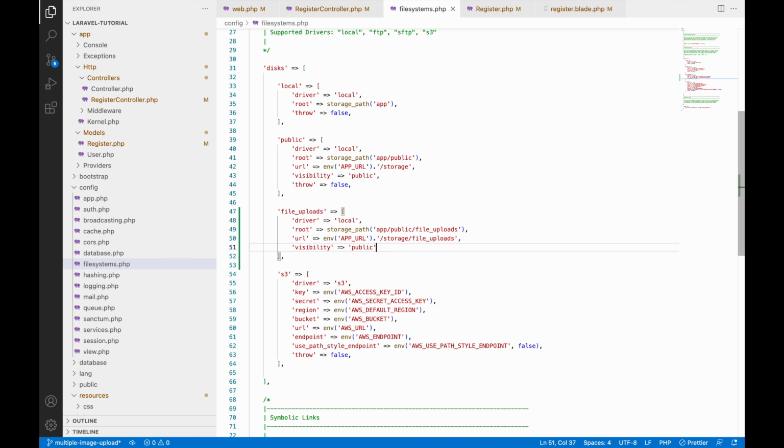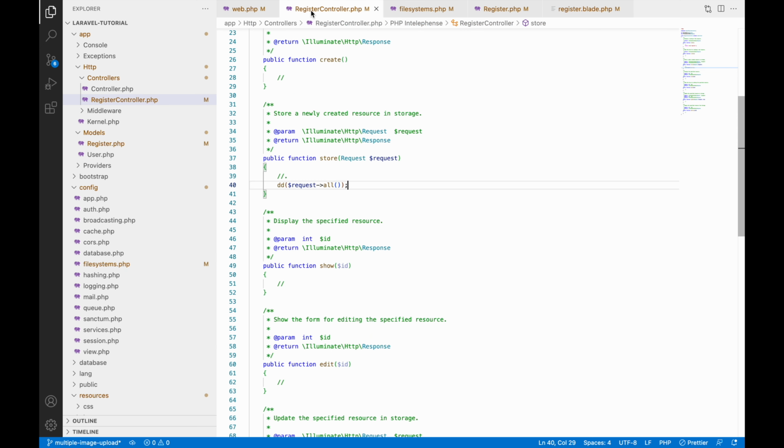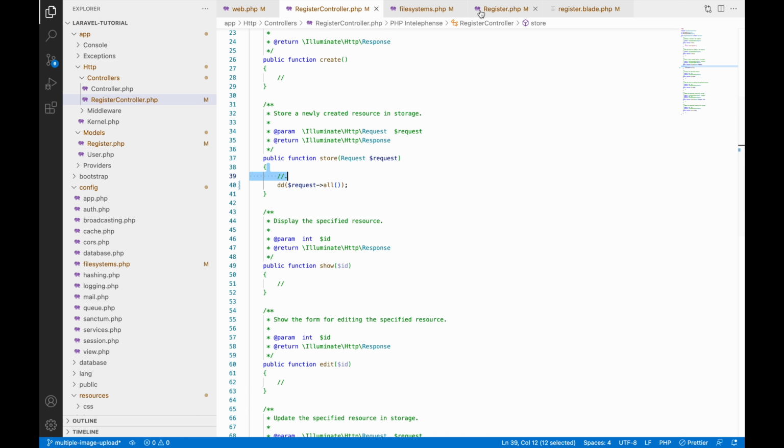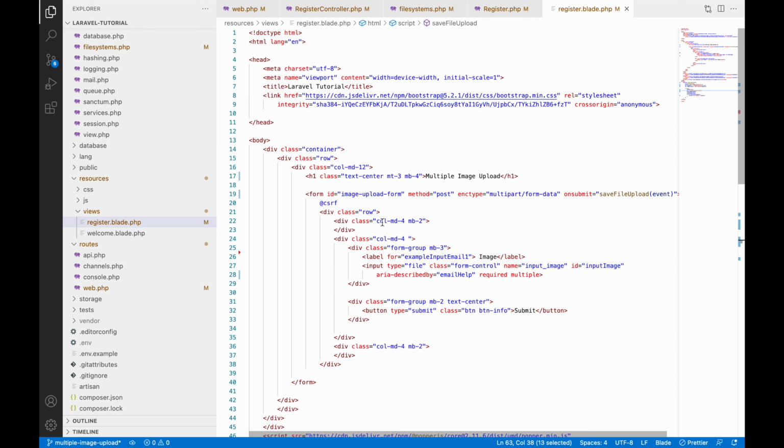So what exactly is happening here is that you are creating, from your public folder, a shortcut to your storage folder. So you can access files stored in the storage folder through the public folder, as you directly can't access your storage. That's the reason you need to create a link between the public and storage folder. Here it's multiple, so let's change input image to an array because we will be having multiple